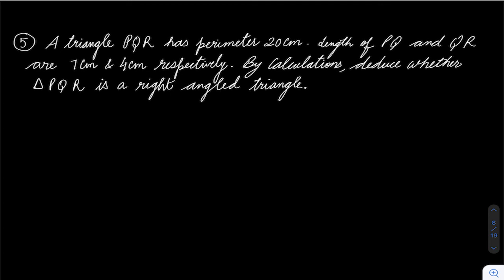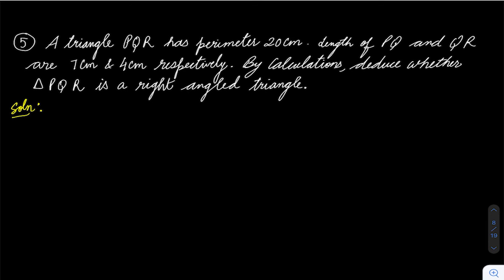Okay. So now just remember this also. Pythagoras theorem says in a right angle triangle, the square of the longest side is equal to the sum of squares of the shorter sides. Also, if in any triangle, the square of the longest side is equal to the sum of the squares of the two shorter sides, then automatically that triangle is a right angle triangle. Just remember this. So converse is also true. So now we have to check whether Pythagoras theorem holds or not for triangle PQR.